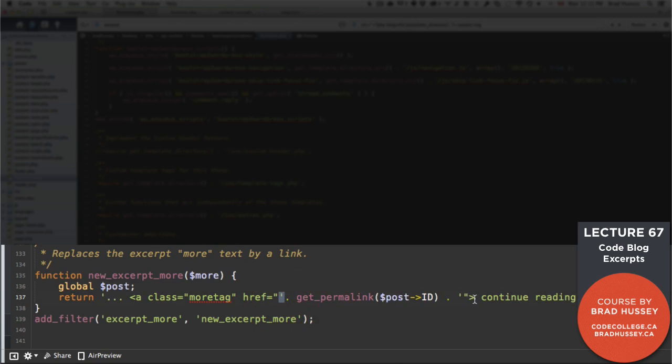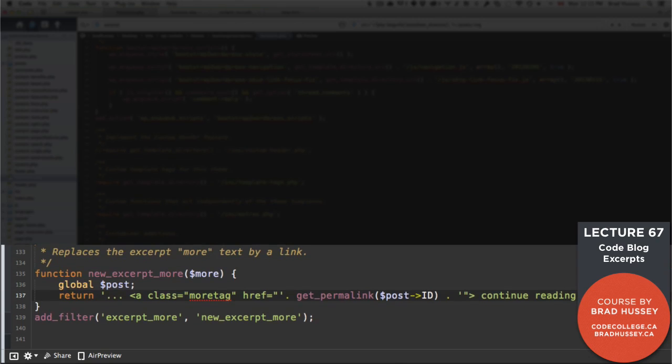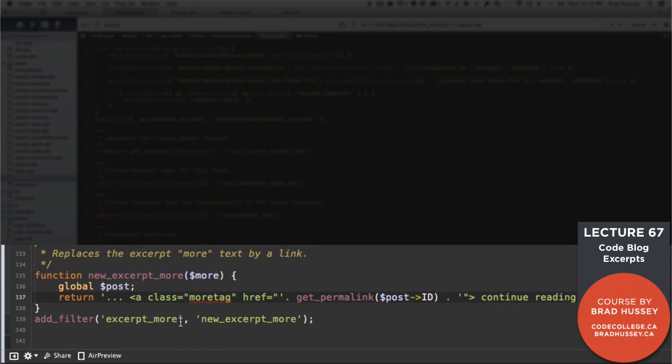Make sure you're back in here in the string, the original string. Space, continue reading, a lowercase, and then RA quo. Close the A tag, and then that's it. And then all you need to do is add filter, excerpt more is the first parameter, and then new excerpt more. So this is just basically adding the new excerpt more function to the original excerpt more built-in WordPress function